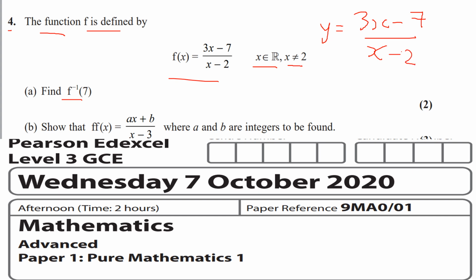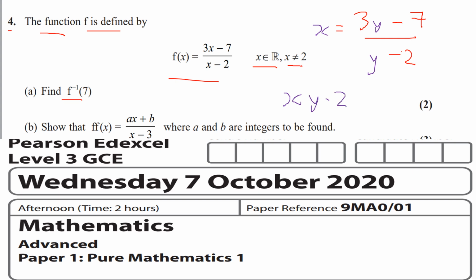So x goes here, y goes here, and then I'm going to rearrange it to make y the subject. My last step will be to swap y with x. So I'm going to have x lots of this, so I'm going to have xy minus 2x